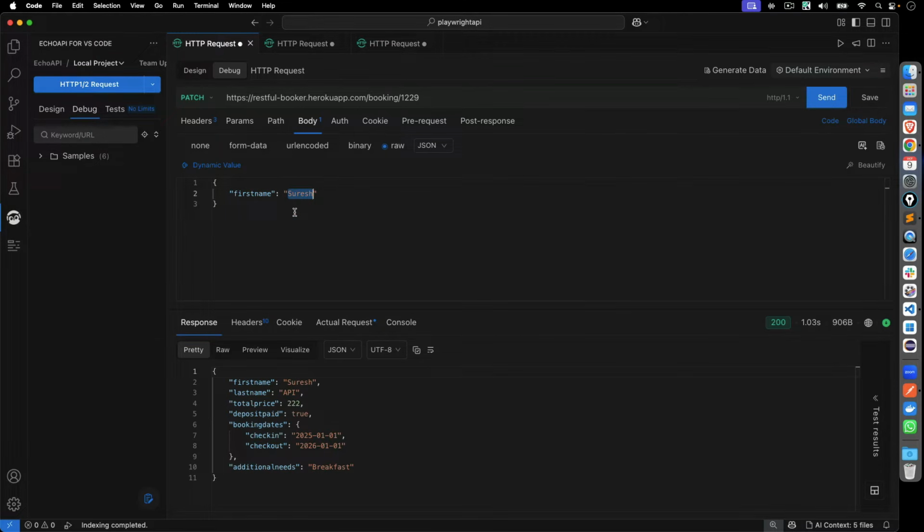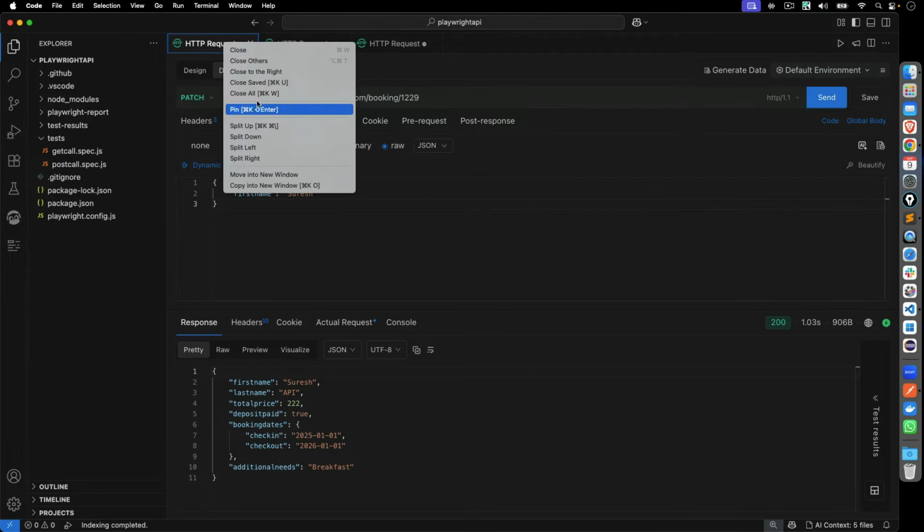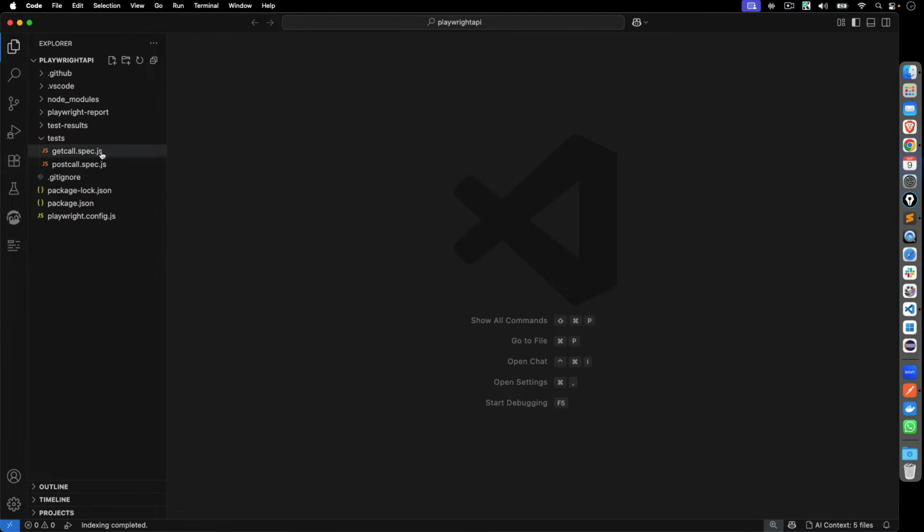Now this is exactly what we will do in Playwright. First, I will generate the token. Then I will generate one dynamic booking and that booking we will also update. So let's go back to our project. I don't need this. This is just for demo purpose. We already have